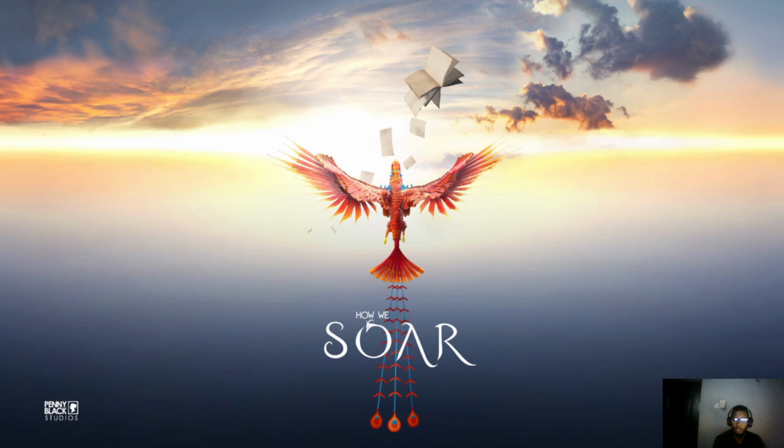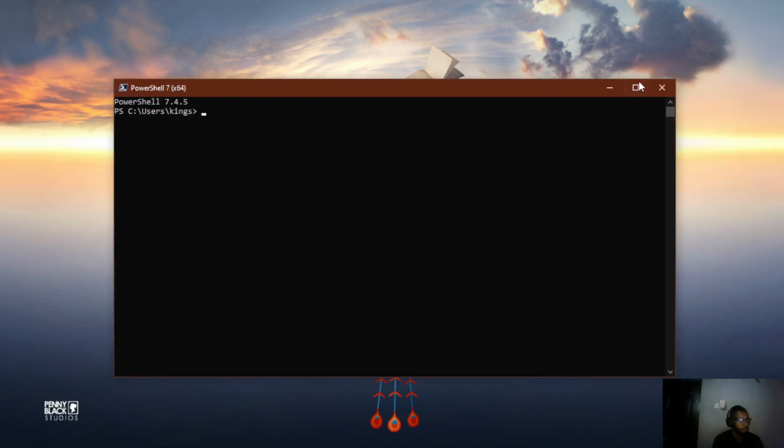So today, quickly, I'll be walking you through our Teams admin center, but using our PowerShell. So we'll be able to navigate through our Teams admin center using our PowerShell and some basic cmdlets. So first things first, I would launch my PowerShell. I'm actually using PowerShell 7. So I'll just bring this up